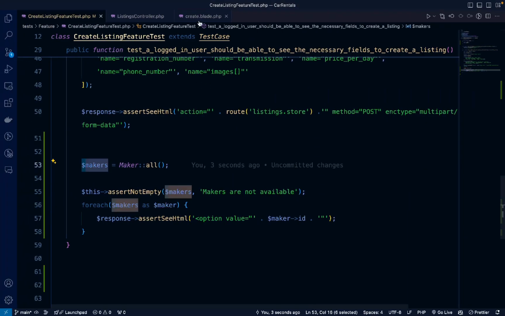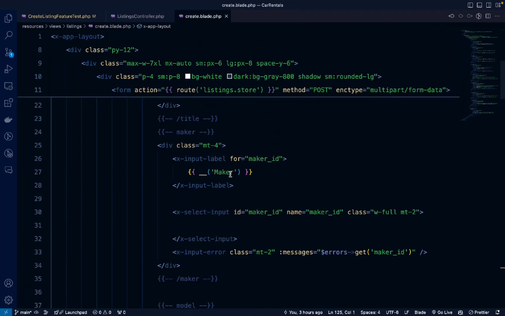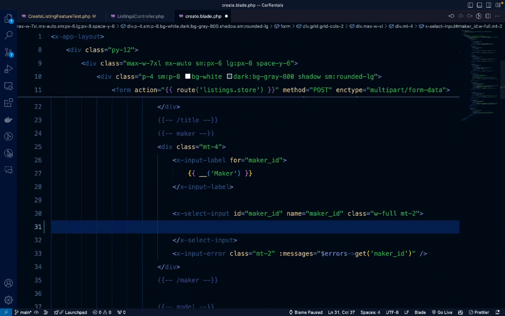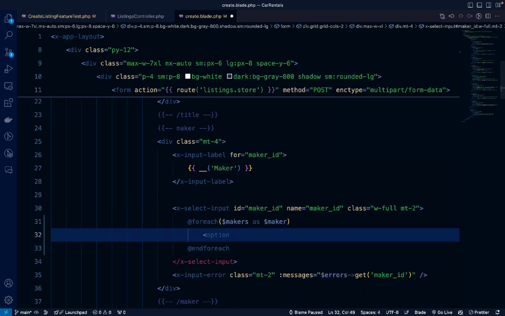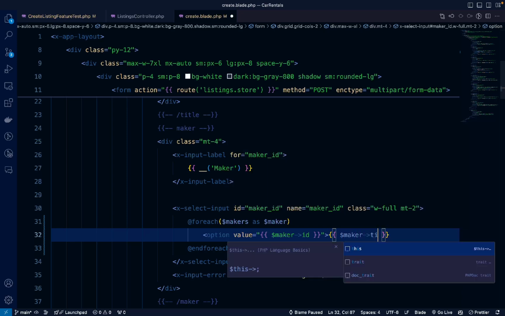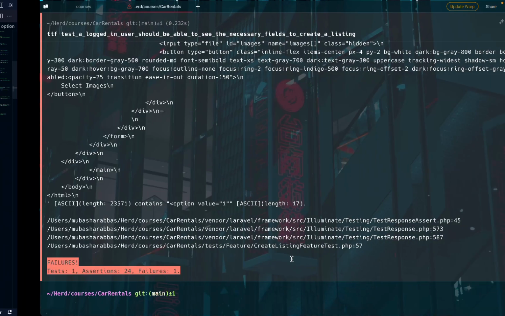Now we can go inside of the makers select, and we'll just add a foreach for makers as maker, and end foreach. And let's do an option with a value, and we'll just do maker ID, and then maker title, and let's close the tag. So now if you run,